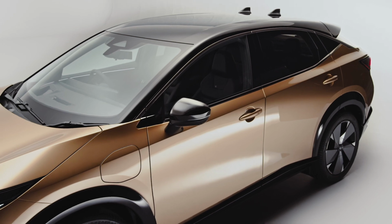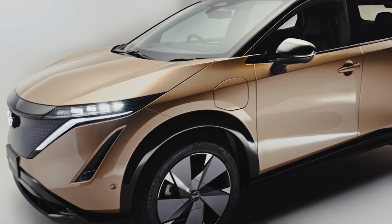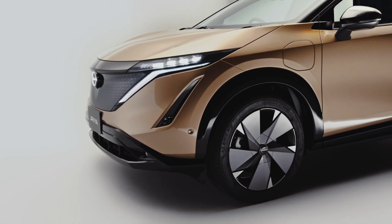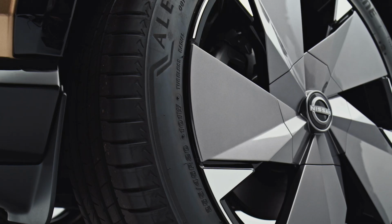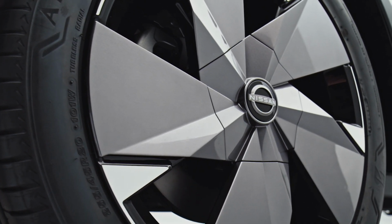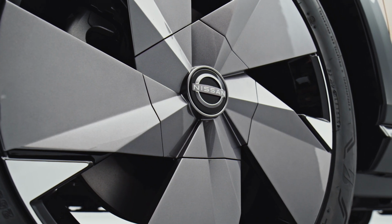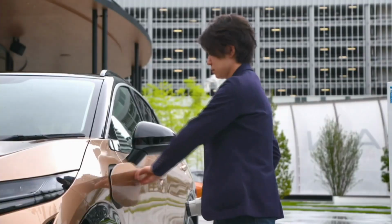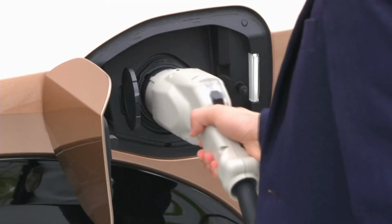Feedback-informed design seemed to play quite a big part in the evolution of the design of Ariya as well, with Nissan moving charge port doors on the Ariya away from the nose of the vehicle. Aside from making it easier to meet pedestrian impact safety standards, we were told last night, it would also make it easier from a consumer point of view, with the Japanese version of the Ariya having its CHAdeMO DC quick charge port located in front of the front passenger door pillar on the A pillar. The reason? Most charging stations are on the pavement side, and thus it makes sense to have the rapid charge